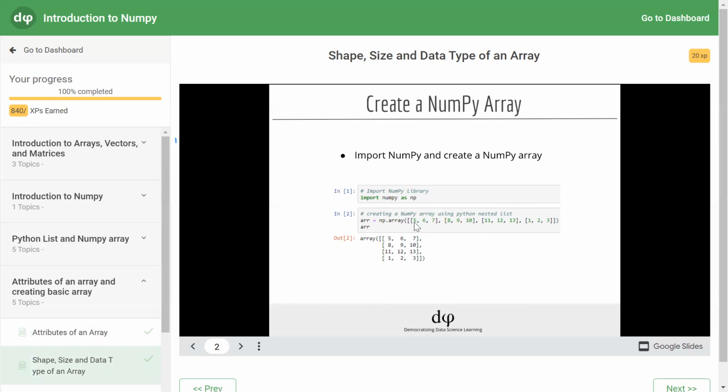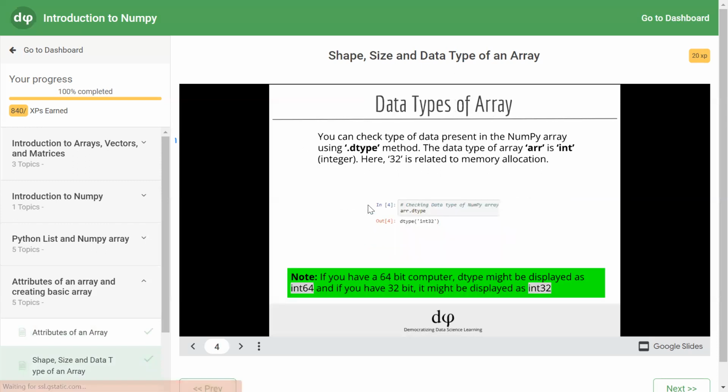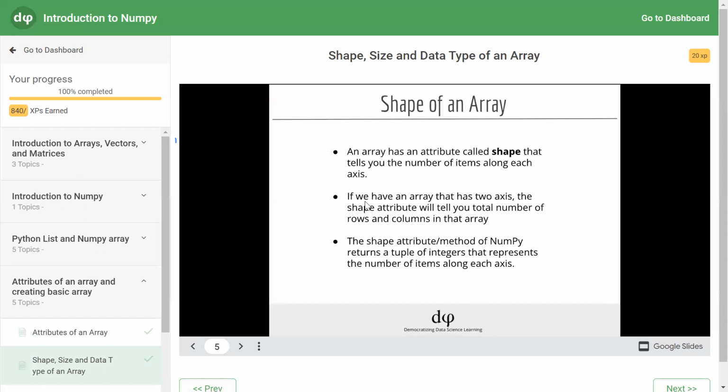Each sublist contains 3 values. Those values will act as the columns of each row. So 5, 6, 7 will be the first row, 8, 9, 10 the second row, 11, 12, 13 the third row, 1, 2, 3 the fourth row. Now, how many columns are there? 0, 1, 2. Let me write it for you so that you can understand it better.